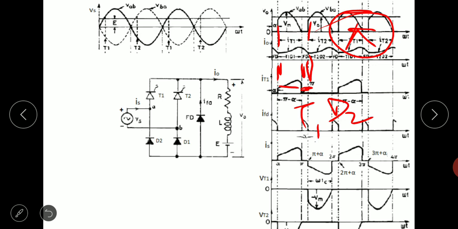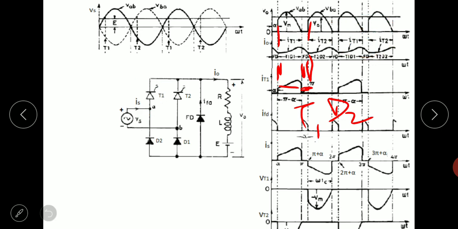The same will be true for thyristor T2 as well. So for the first 180 degrees thyristor T1 will conduct, and for the next 180 degrees thyristor T2 will conduct. T1 and T2 both are conducting for a complete 180 degrees. Just when T1 is being commutated, T2 is triggered, T1 gets commutated, and vice versa. Unless one thyristor gets triggered, the previous thyristor cannot get commutated. So both thyristors will be conducting for a total angle of 180 degrees each.